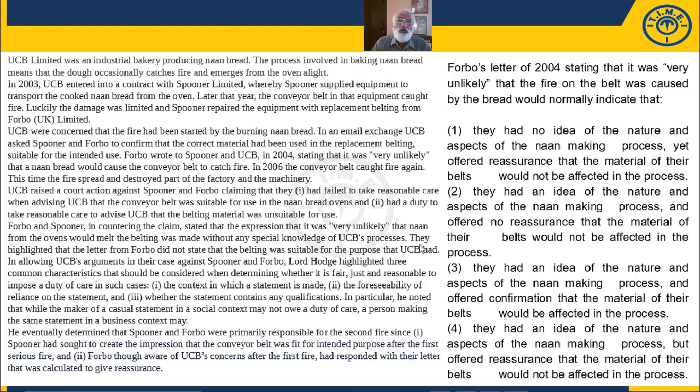That means I know the paper you're using. So when you say very unlikely, it means that this person has some idea of the process and is actually of the belief that this is not going to be harmed in that process, isn't it? So in other words, the person was saying, I don't think you're going to have a problem, just go ahead. So I know that the very unlikely would normally indicate two things. One, that they had an idea of the process, and two, that they really believe that there's not going to be a problem. So I need a choice that tells me that they had an idea of the process and that they didn't think there was going to be a problem.